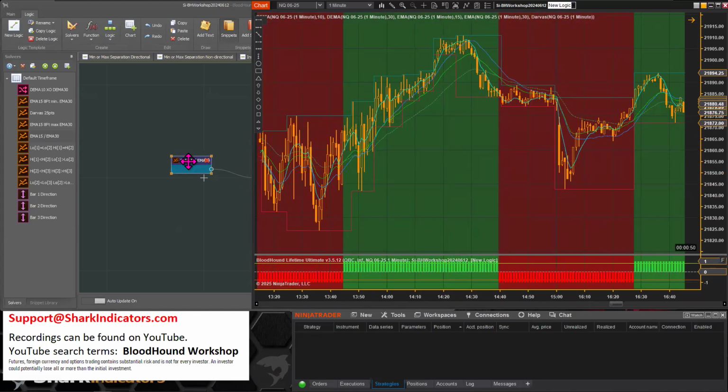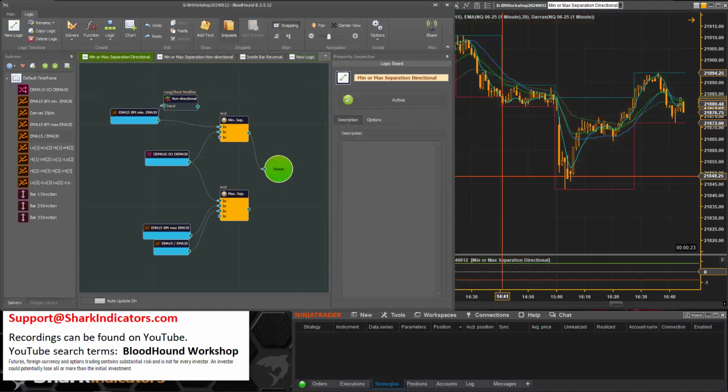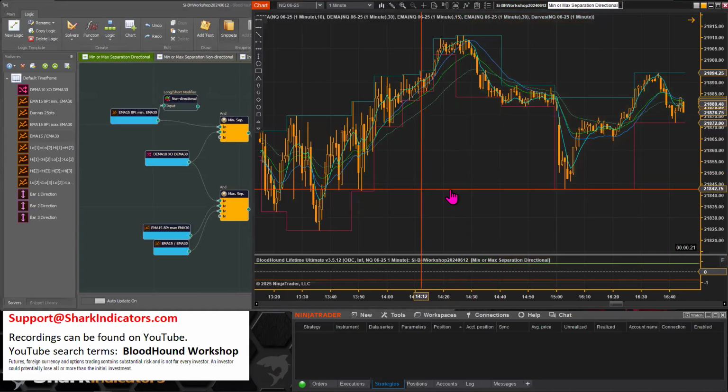So you could just use Bloodhound for that. I refer to everything that you build in Bloodhound not as an indicator, but as a system, and that system could be just trend direction,